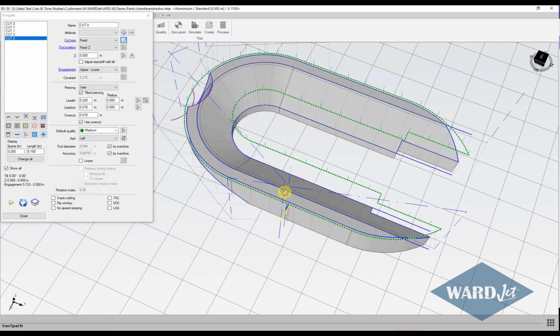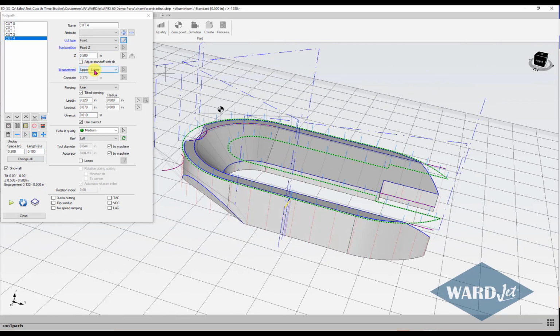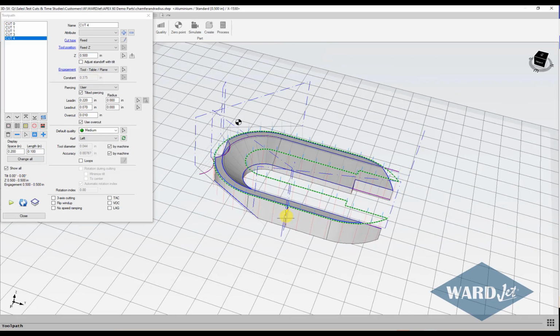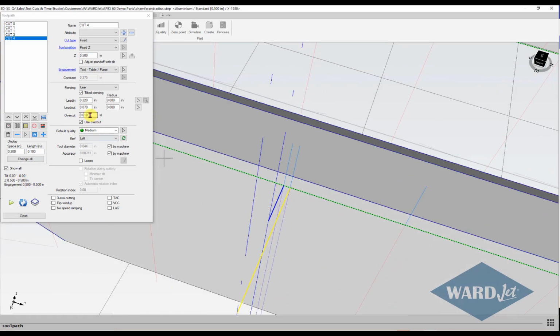And then we'll want to look at the engagement. Again, we didn't choose a lower curve, so upper to lower wouldn't be a very good choice here. So again, I could do tool to table, and then we see the engagement there is 1/2 inch. For the tab right now, the overcut does come into play. If I uncheck the overcut box, then right now the lead out is right along where I led in, and if I put a negative number in here, then we can leave a tab so the part doesn't fall into the tank. So negative value here,